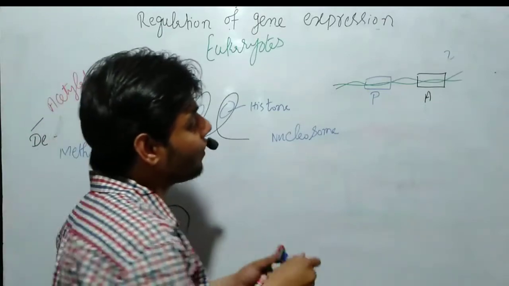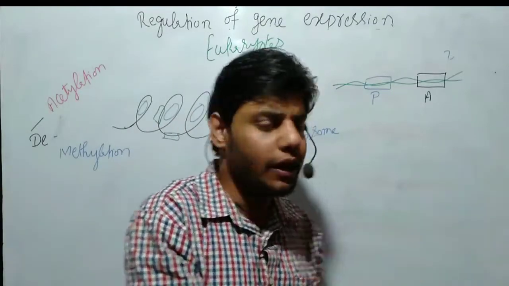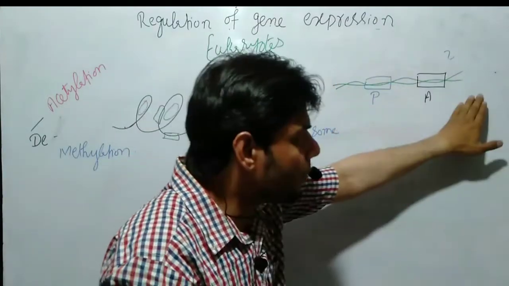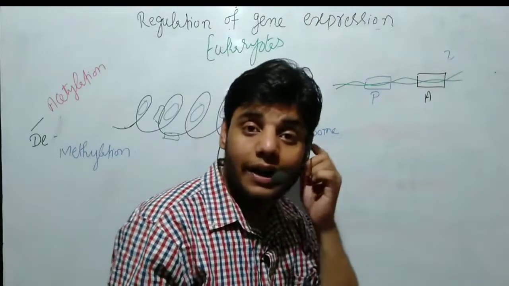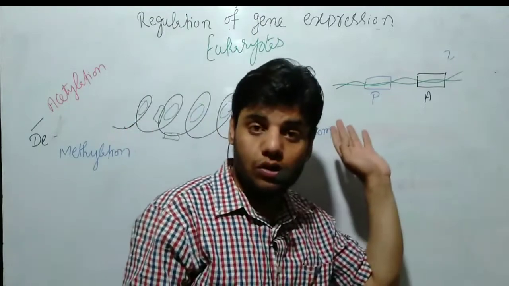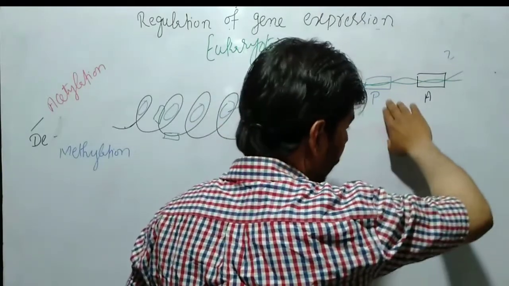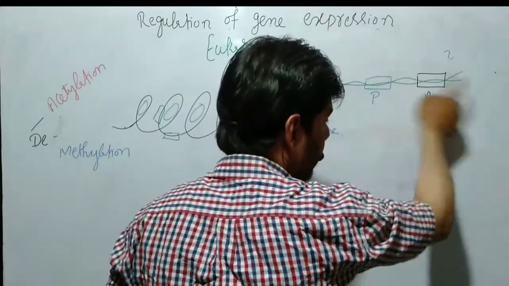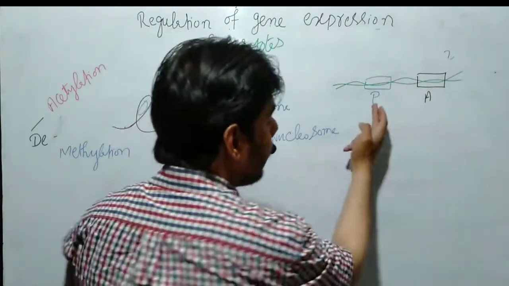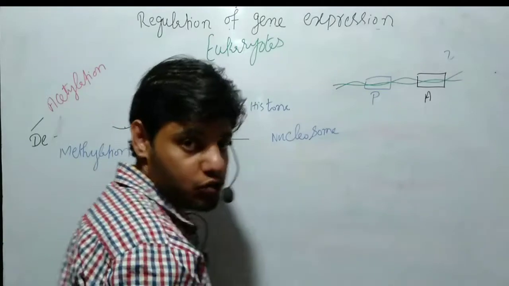I hope you know about upstream and downstream of the DNA. Let me tell you a little about what upstream and downstream are. From 5' to 3', the sequences are called downstream, and from 3' to 5', the sequences are called upstream. So after the promoter region, at 5' to 3', we call that downstream sequences, and behind the promoter region, 3' to 5', we call that upstream sequences.